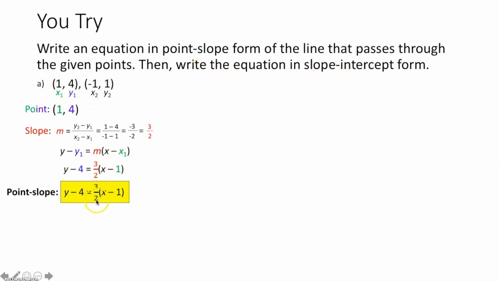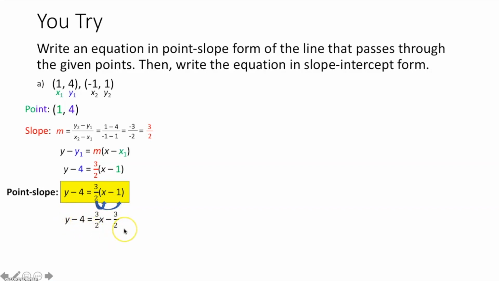In order to do that, I need to get y by itself. It has to be y equals mx plus b. So I'm going to distribute this 3/2 to the x and to the negative 1. 3/2 times x is just going to be 3/2 x, and 3/2 times negative 1 is going to be negative 3/2. Now it needs to be y equals mx plus b, so I need this minus 4 to go to